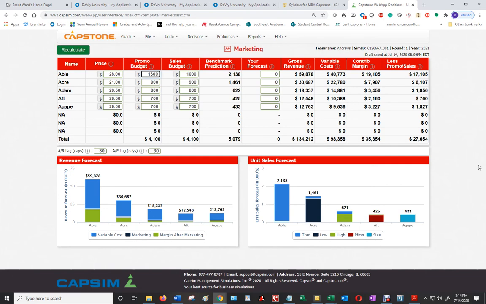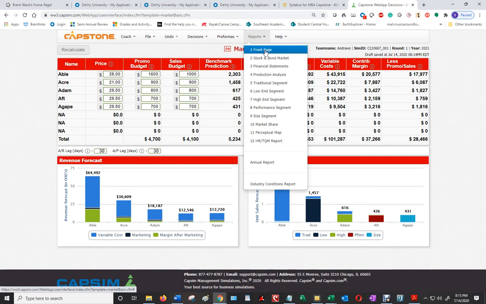Recalculate there. That's fixed. I've got to do that, and I'm not going to do it here, but for every single one of these products in their segment, I've got to use that spreadsheet to figure out how much to spend. Now I will want to figure out how much I'm spending on Able in my sales budget, which affects accessibility. Again, when we go back to the Courier, go to reports, go to traditional segment,